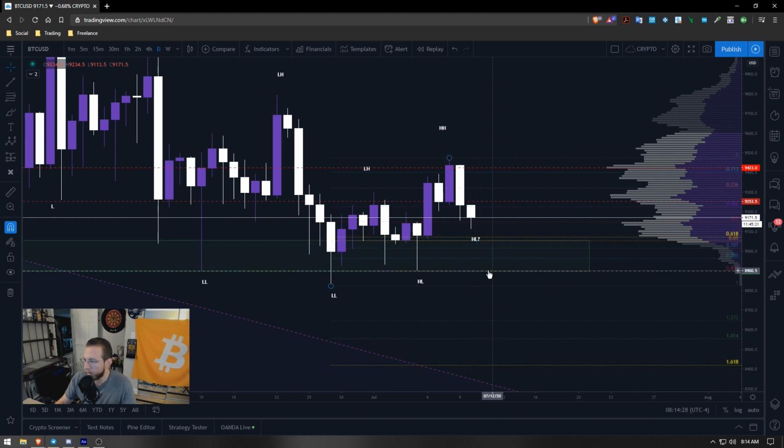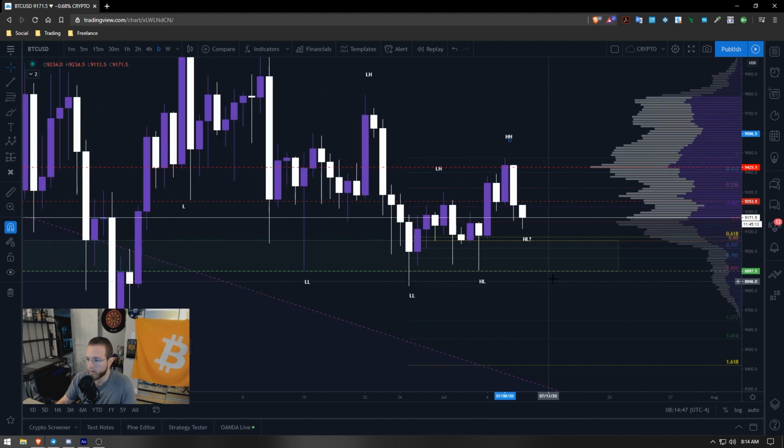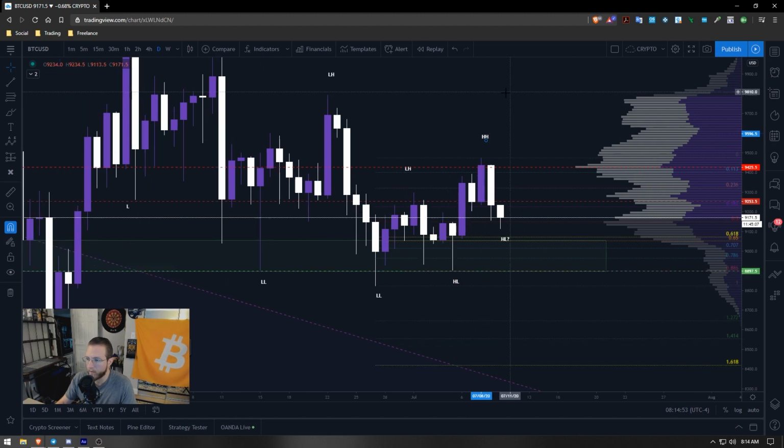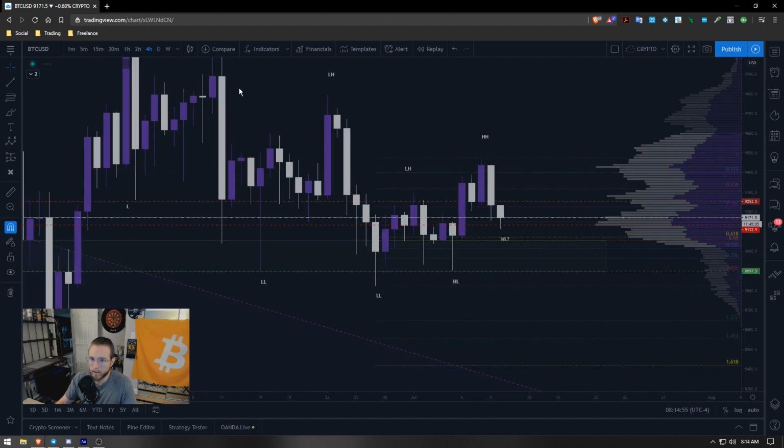We definitely have to maintain 8,900. If we break down past 8,900, then this higher high was basically nothing more than a bull trap. And we're going to come in for a new higher low to probably retap this bottom at about 88.25 or so. So that's what I would be expecting if we ended up breaking down past this previous low at 88.95. So that's what I'm expecting there.